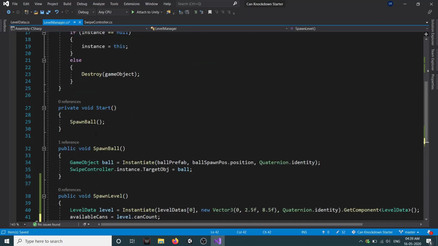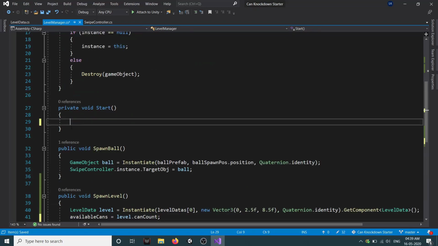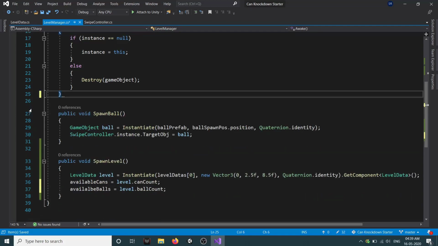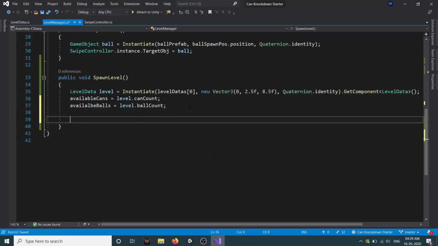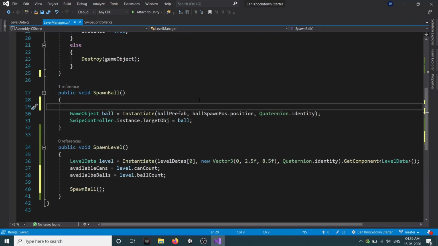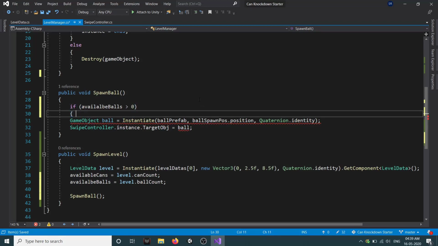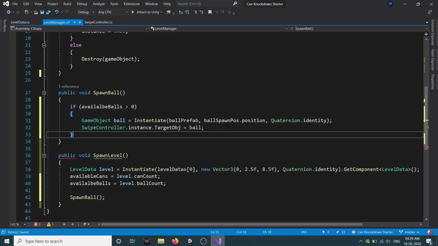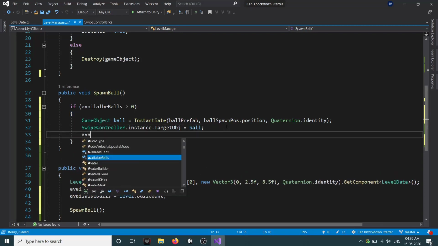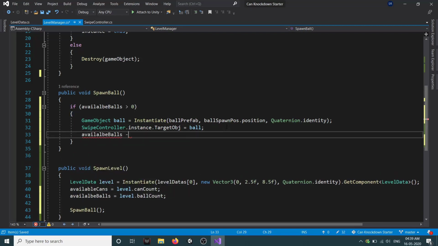And instead of calling our SpawnBall in our Start, let's remove it from here. We don't need our Start, and let's call it here. So here we will check if availableBalls is greater than 0, then only we will spawn our ball, and we also reduce our availableBalls by 1.